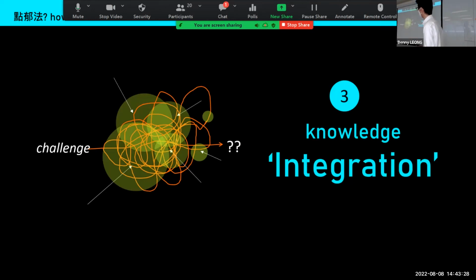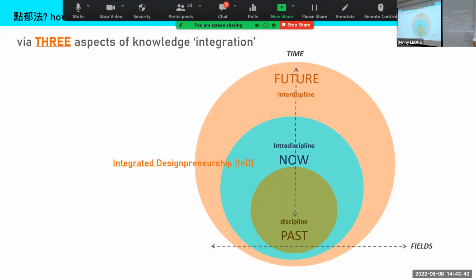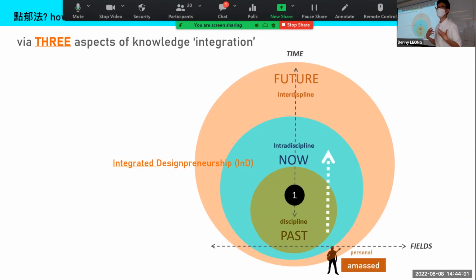And then lastly, as I mentioned before, it's important that not only product design, advertising design, or environmental design, we just use what we know, but we have to borrow. And there are 3 aspects of integration that we are proposing here. If you see, this is the field with various disciplines, and this is the timeline. You'll see that first, of course, we encourage you to make use of what you have amassed and learned in the past 3 years, right?